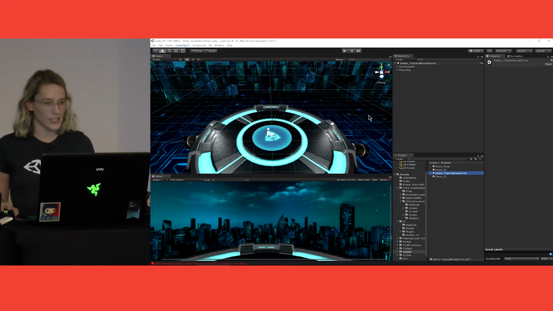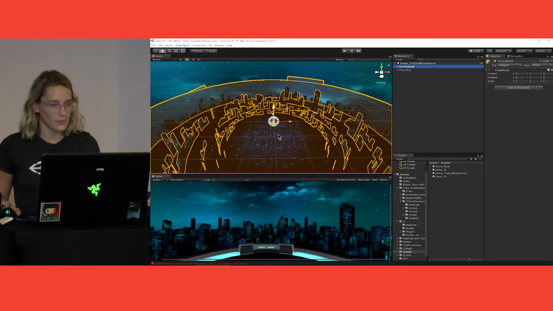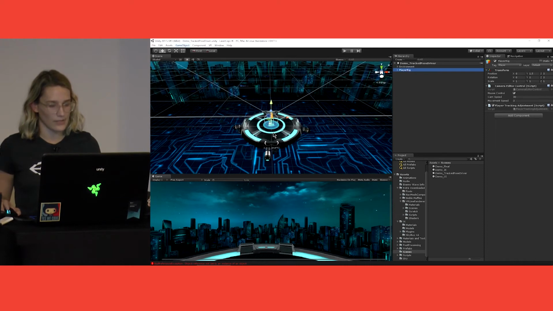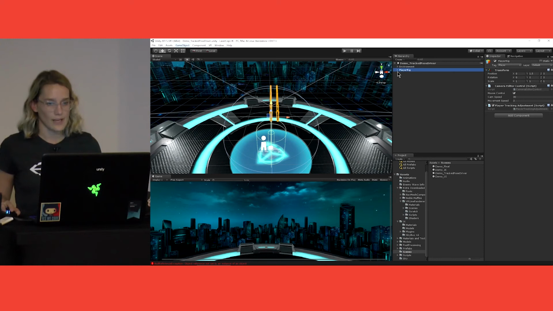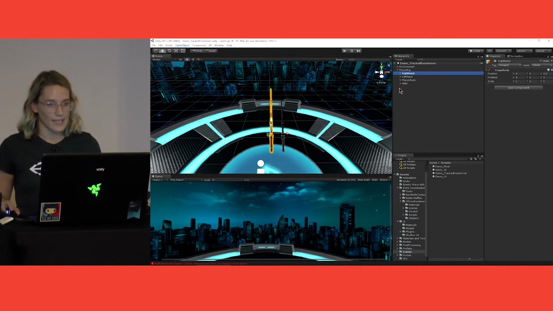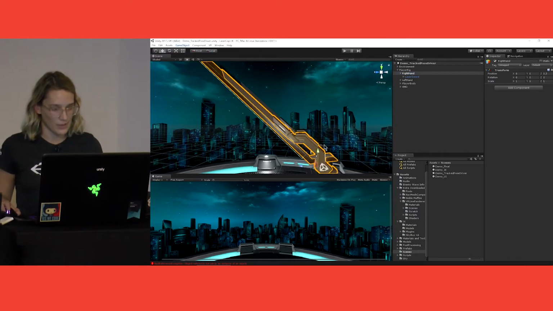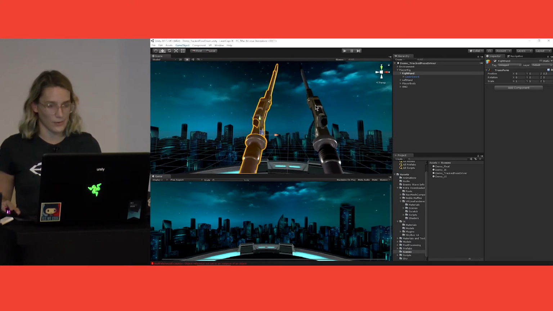So I have a project here open. Right now, all I have is an environment. Whoops, and I scrolled way too far out. And then I have this player rig down here. So my player rig is where my VR player is going to live. And underneath that, I have a right hand, and that has a sword attached to it, a pretty cool sword. It actually is Unity branded, which I like. So you can see the logo on the sword. That's pretty cool. The left hand has the sword as well.